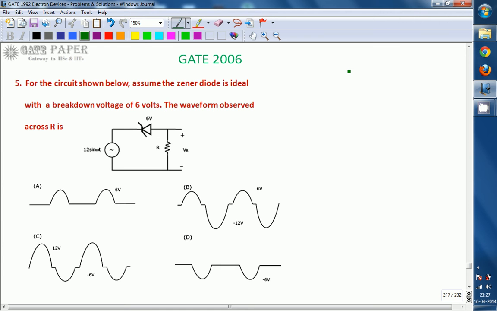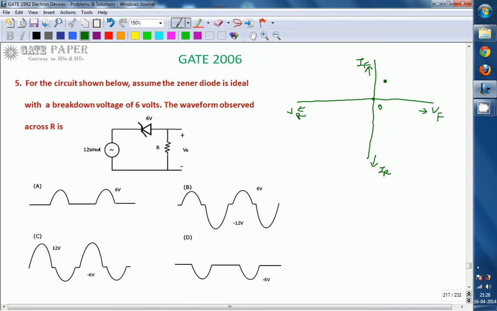For that, we must know about the Zener diode characteristics. If you know the Zener diode characteristics, then only can we easily justify this question. Okay, so look at this. These are the VI characteristics of a Zener diode. This is 0, this side is positive voltages, and here it is negative voltages. Here we have VF, forward voltage, and VR, reverse voltage, and this is I: the current flowing in the forward direction, IF, and the current flowing in reverse bias, IR.